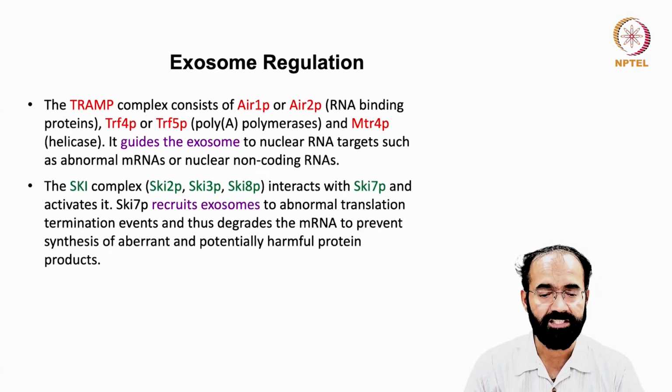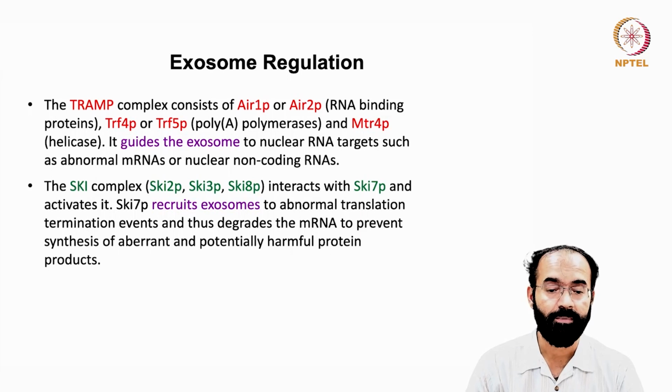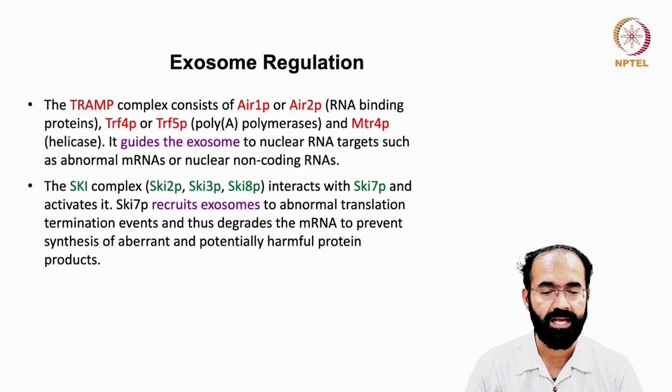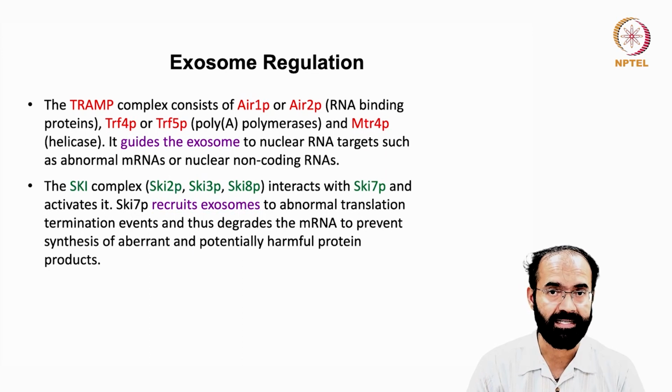The TRAMP complex consists of Air1p, Air2p, they are RNA binding proteins, and Trf4p and Trf5p, they are poly-A polymerases. Remember, poly-A polymerase can add the poly-A tail, and Mtr4p helicase, which is involved in changing the secondary structure of the RNA. So we have Air1p, Air2p, which are RNA binding proteins, they can recognize RNA targets. Trf4p, Trf5p, which are poly-A polymerases that can add a poly-A tail to an RNA bearing a shortened poly-A tail, and Mtr4p,